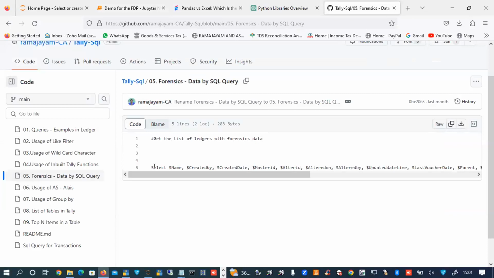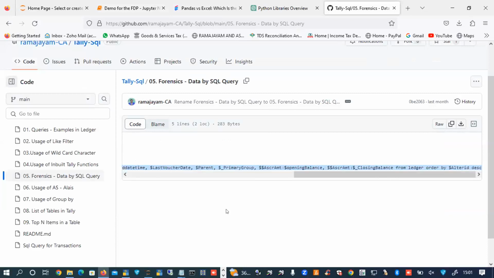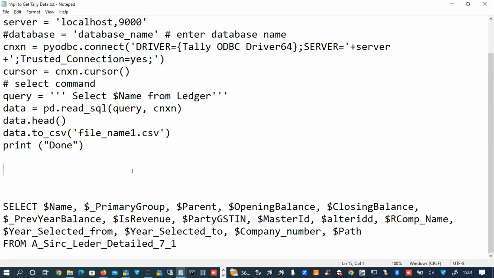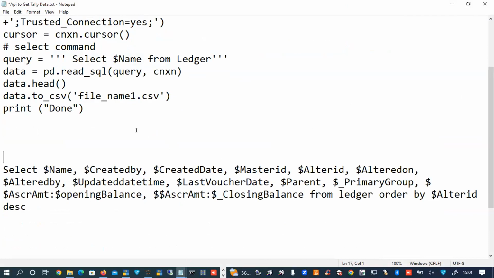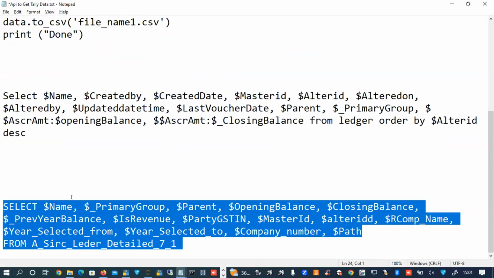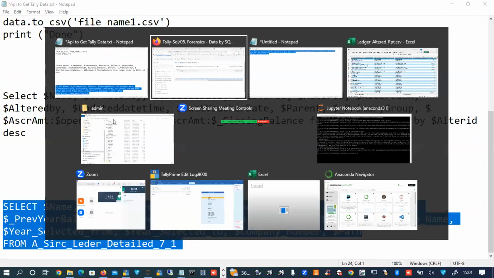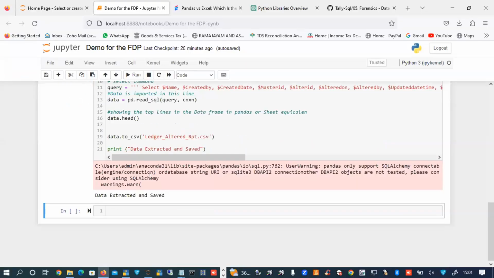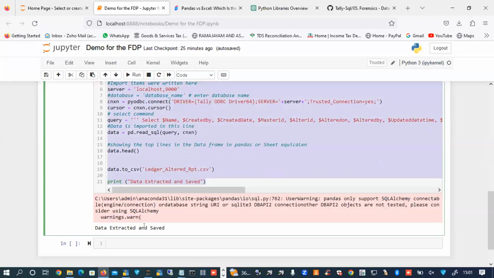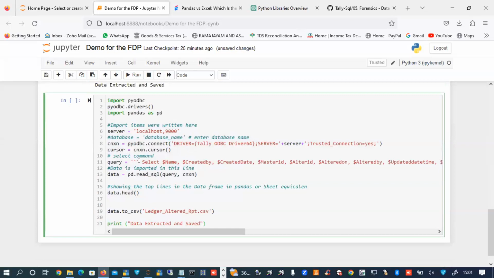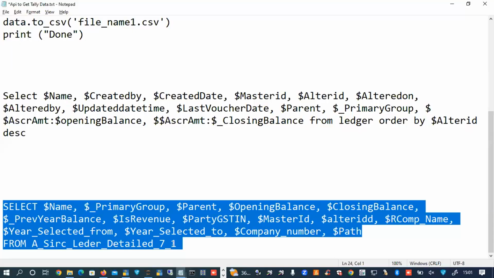Also the other one which I run, because it will be difficult for you to go and take every time. Every query I'm running, I'll put it here, for your better understanding. This particular data alone is the ledger master data. Yes, sir. Because the table you are referring to is the table created by using your TDL, right, sir? TDL, yes.